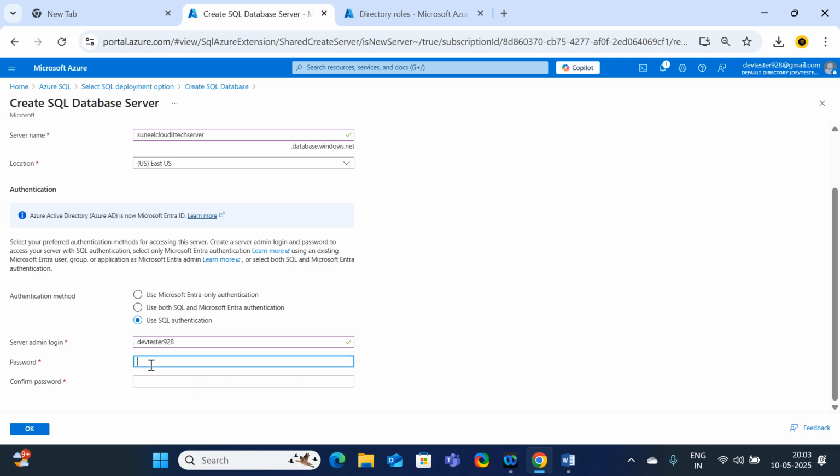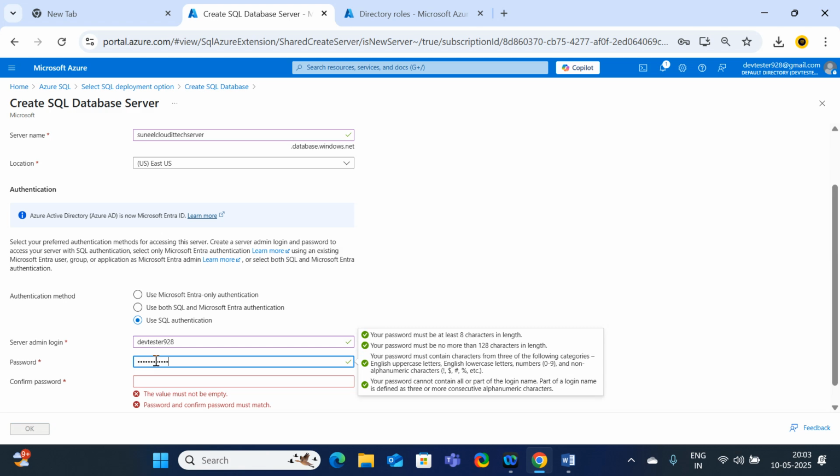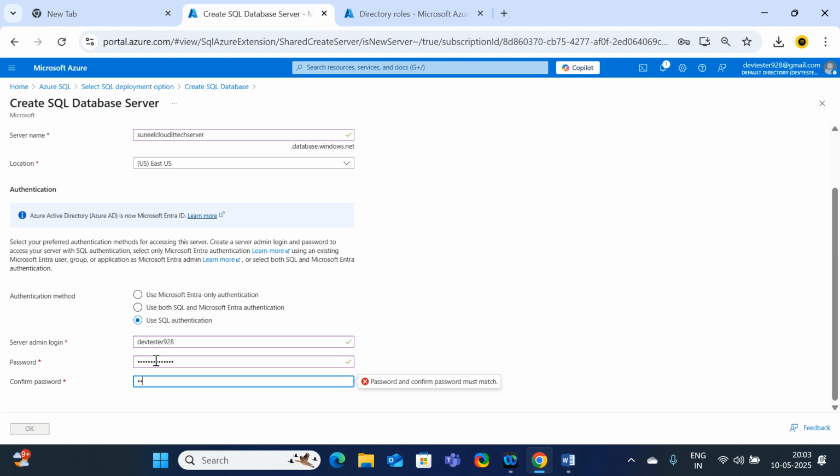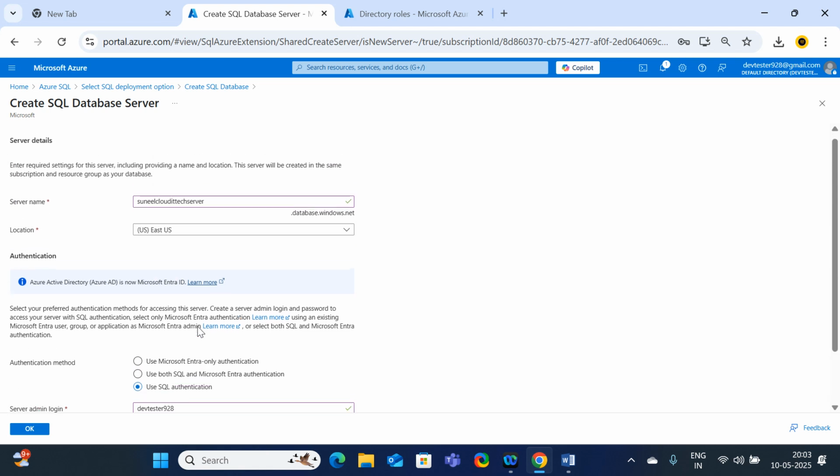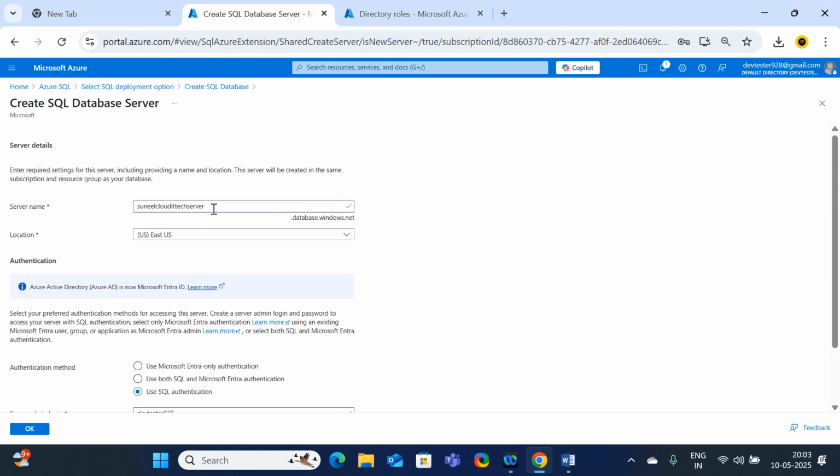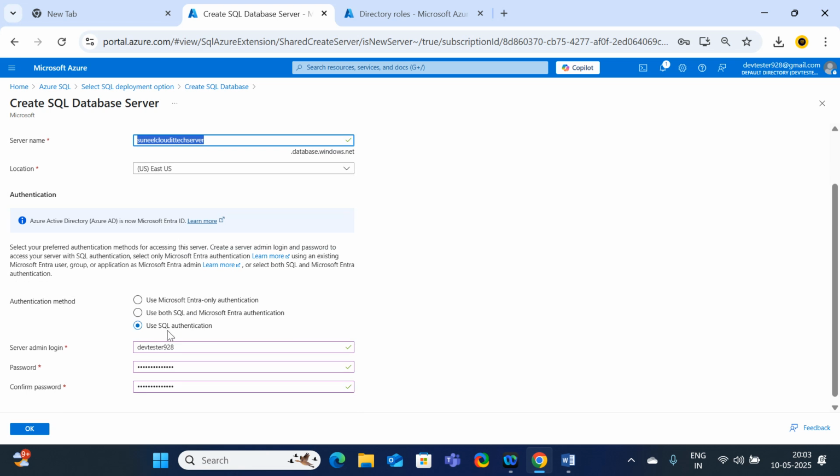tester 928. Here I am going to set the password, just like how we set the password while creating a VM. In a similar way, I am going to set the password. So just click OK. Right now the name of the server is Sunil Cloud Editech server. The region is East US, and I am going to use only SQL server authentication. Just click on OK